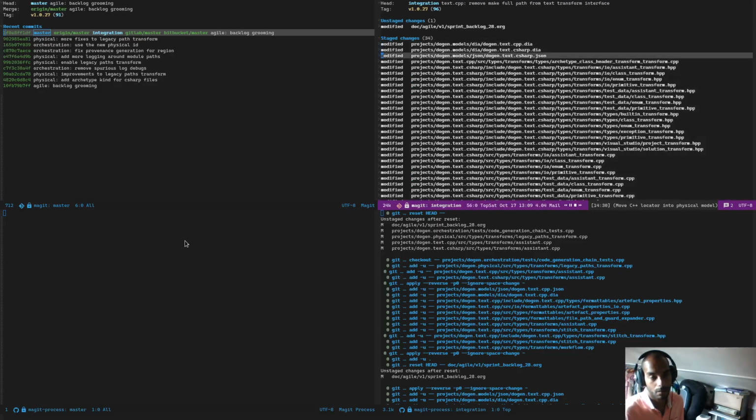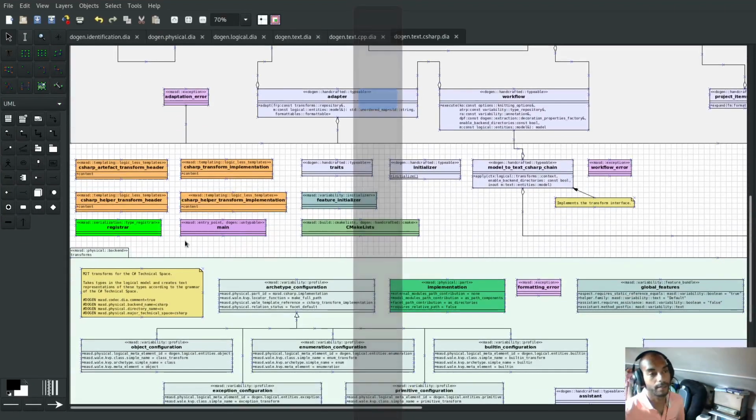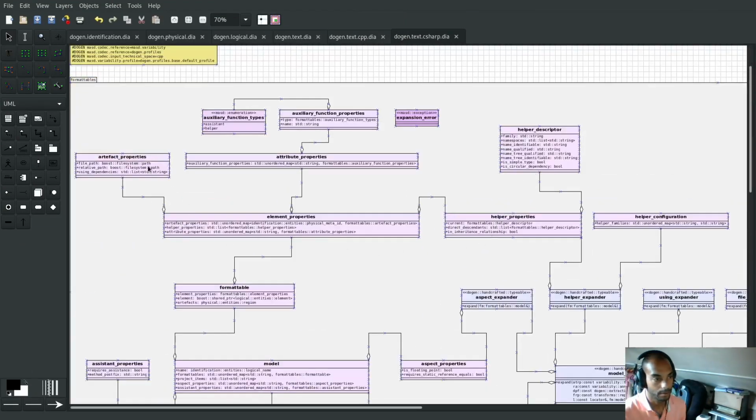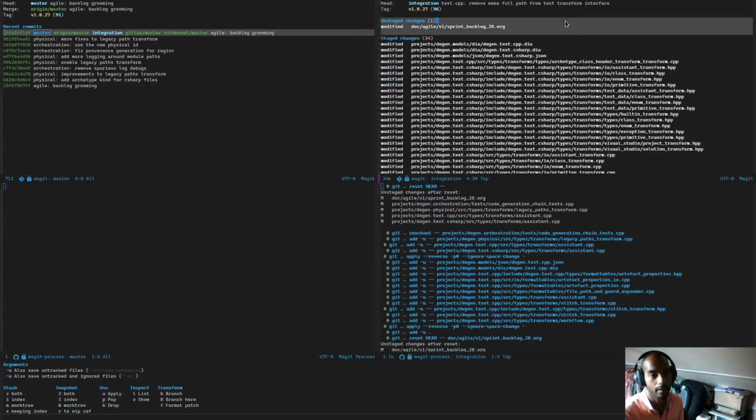So we've done some changes to these models. The changes now break something. We didn't do it in the right order. We could possibly, if we're very, very careful, say, let's just stash these changes for a second. We have to be extremely careful. And then let's modify the archetype properties, remove the file path, see what breaks, fix that first, and then resume this work. So if I just say